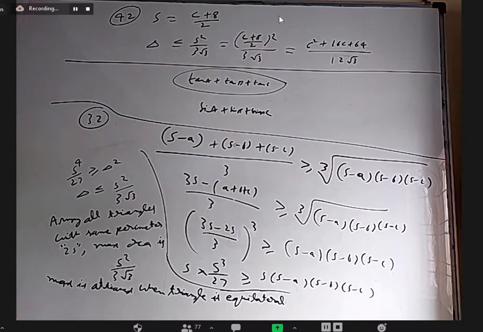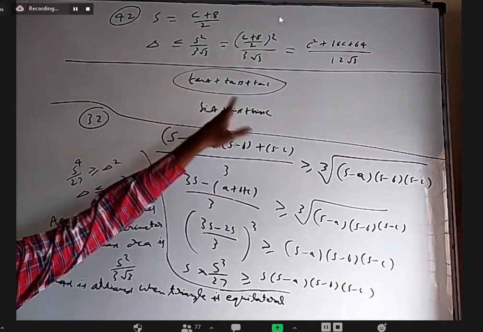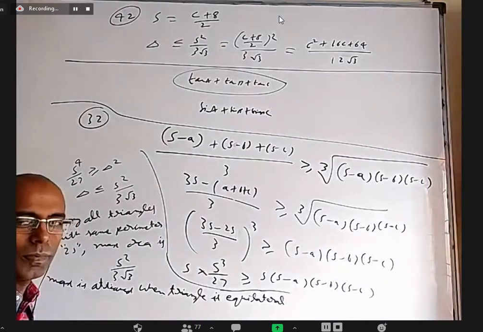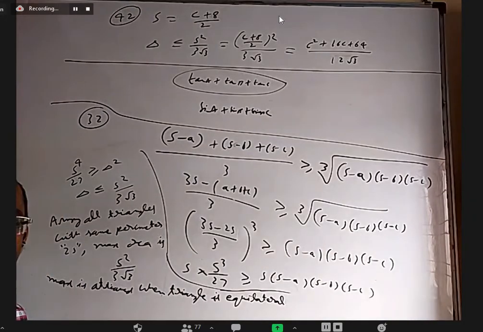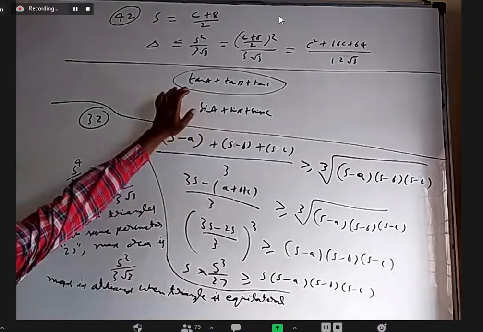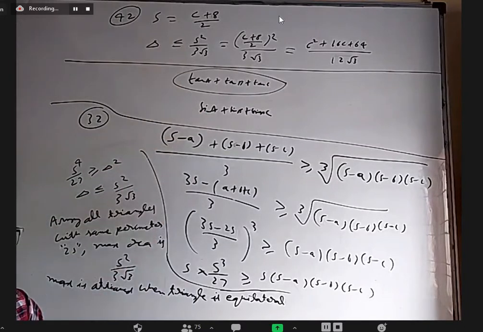Sir, because A plus B plus C equals 180, tan A plus tan B plus tan C equals tan A, tan B, tan C, no, sir. Yeah, that's good. If you take directly the sum, one of them may be negative, two of them are positive. We don't know whether the sum is negative or positive. But whenever A plus B plus C is 180 degrees, tan A plus tan B plus tan C is the same as tan A into tan B into tan C. In that, if one quantity is negative, two quantities are positive, it will be negative only. So for an obtuse angle triangle, this is always negative, and for an acute angle triangle, it is always positive.